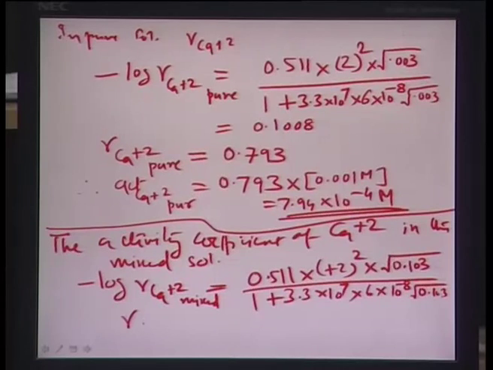So, the gamma Ca+2 in the mixed phase in this manner comes out to be equal to 0.3978,